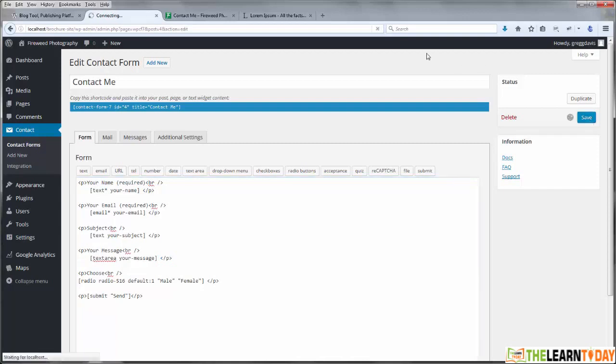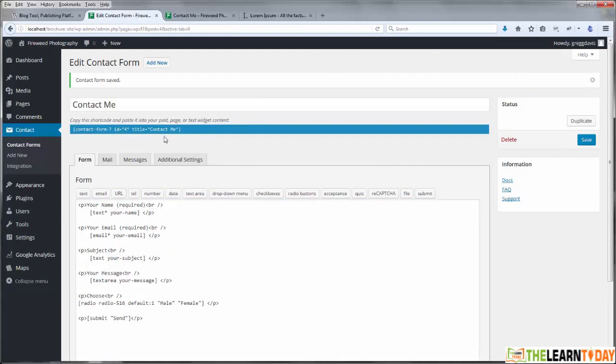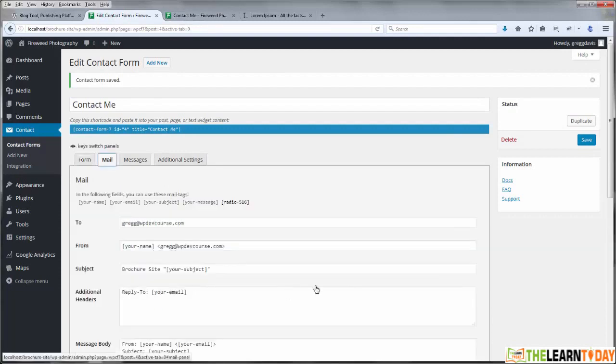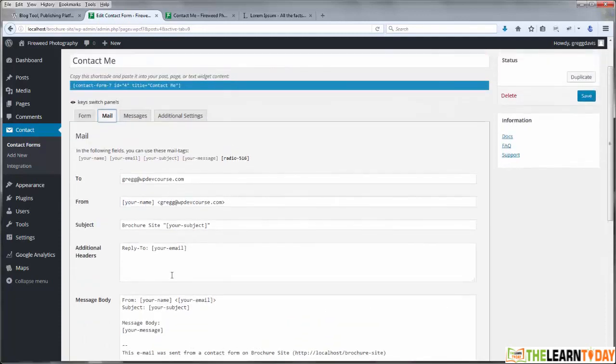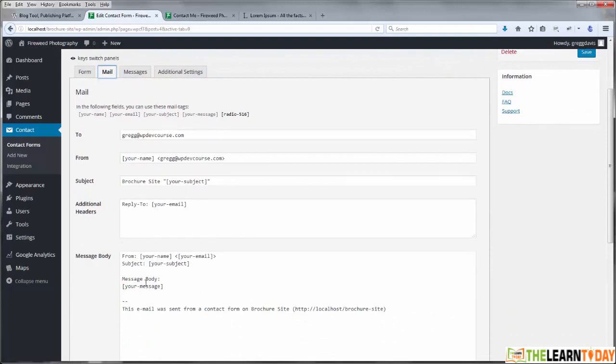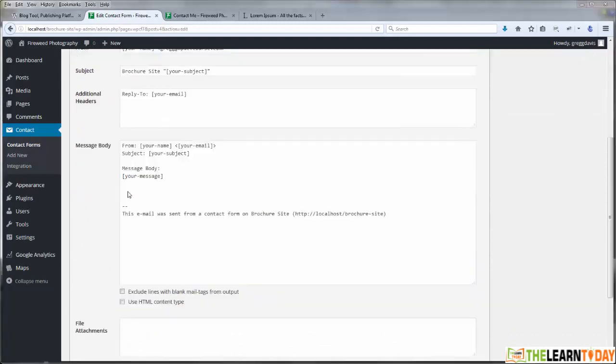Great, now if I save that contact form, because it's pasted into my contact page using this shortcode, once I change it here, it'll be changed on the website as well. But there's one more thing I need to add, and that is in the mail area, when I send myself an email from this contact form, I want to get that in addition to the message. I also want to know the answer to that other question,